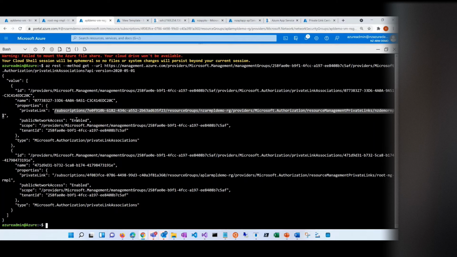Public network access is enabled. And then you have the scope and all of that information. Okay, I just want to mention one thing here. You see public network access enabled, and this is something which at the moment